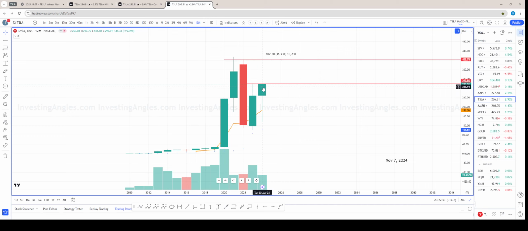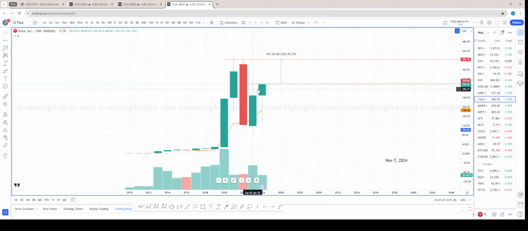So for now, Tesla has a very strong task, and it desperately needs to close above the 2023 high. Only in this case, it will be considered bullish at least for 1 more year. But if it fails to close above the 2023 high, it will be bearish for the